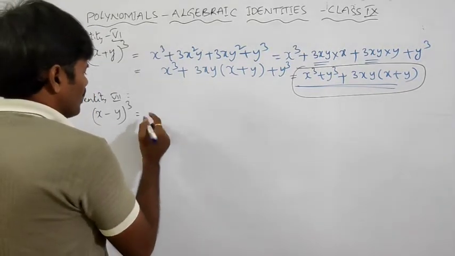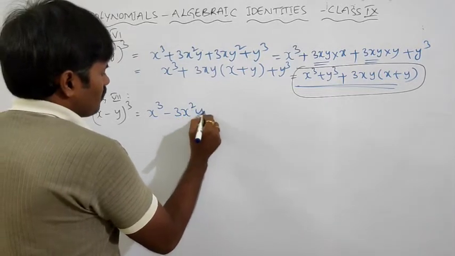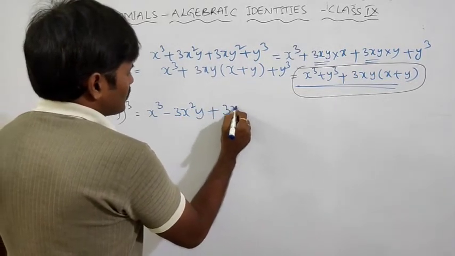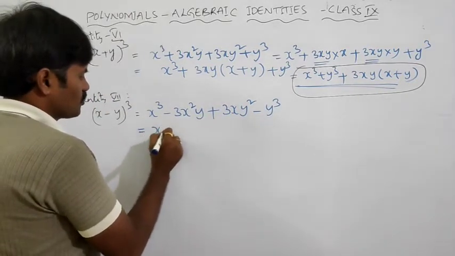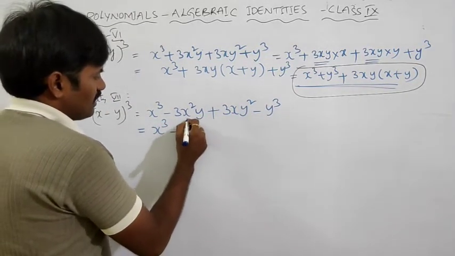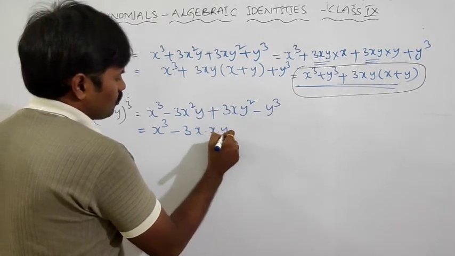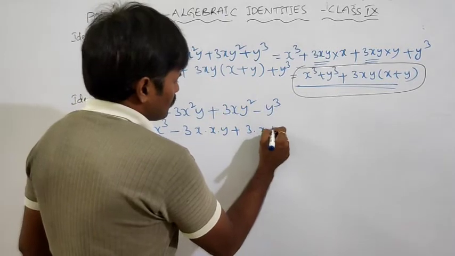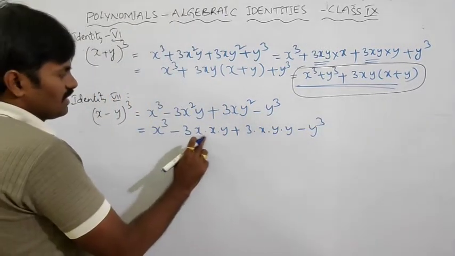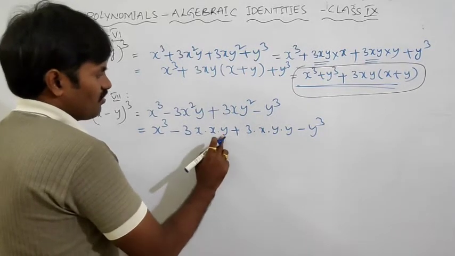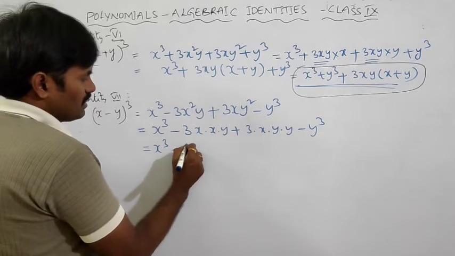What is the formula of (x minus y) whole cube? Actually, x cube minus 3x square y plus 3xy square minus y cube. Here also the same situation. x cube keep as it is. 3x square y can be written as 3 into x into x into y, and likewise 3xy square, minus y cube. See here, 3 is common, x is also common, and y is common. Yes, so I can write it as x cube minus